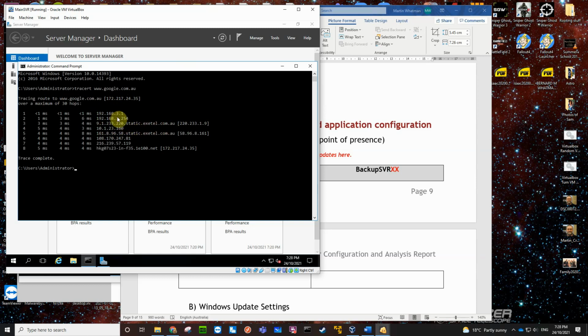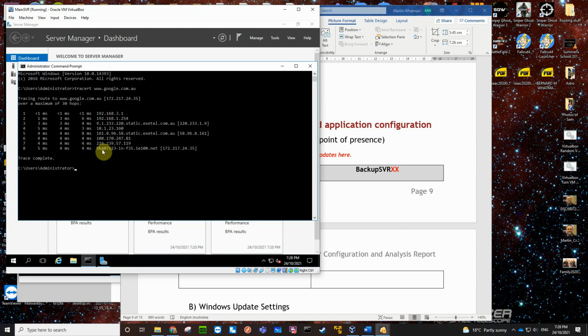So that goes to the cert4 firewall router 3.1, and then it goes to my NBN router, which is 1.254. Then it goes out to my internet service provider, which is Exetel, and it goes through a couple of different routers in Exetel before it exits Exetel, and it knows exactly where to go until it gets to